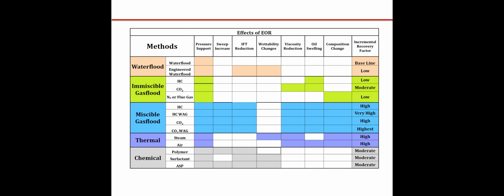So this is what I wanted to show you, how EOR is linked to the fractional flow and, in a nutshell, what these EOR processes are